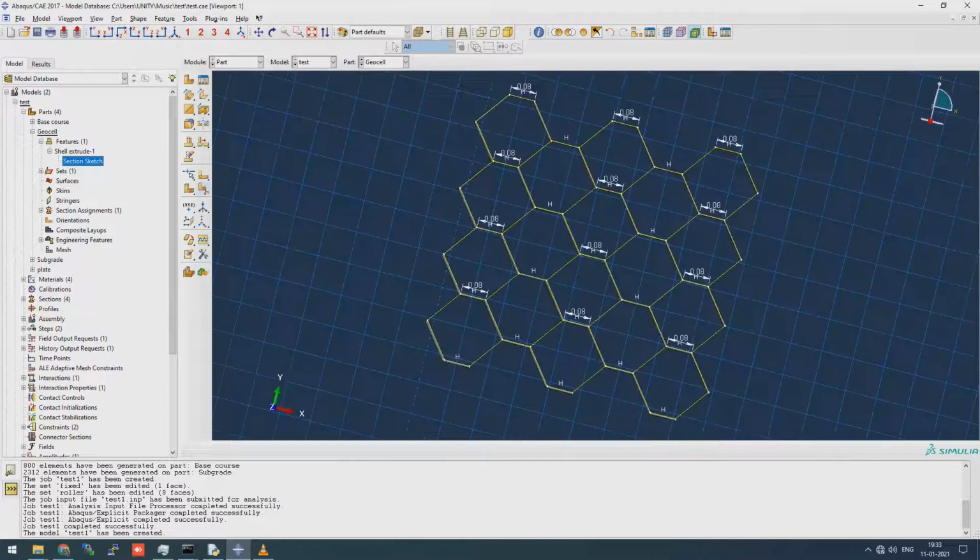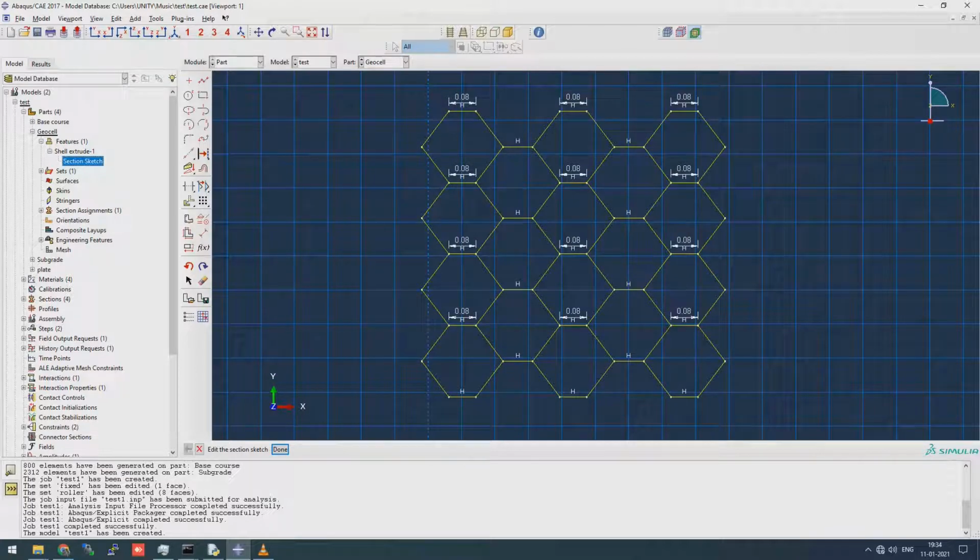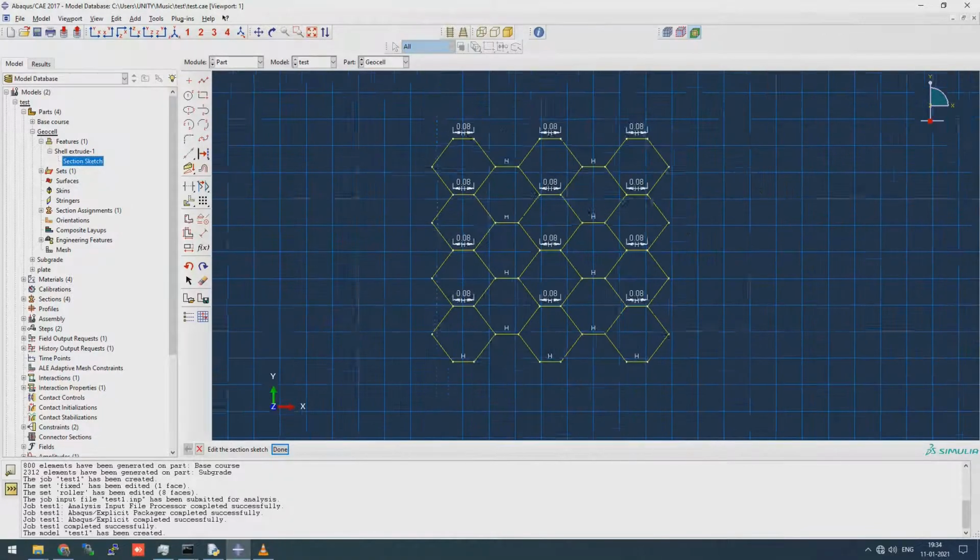Now we'll move on to the complex one, geocell, that is the hardest. To model a geocell, we have to create a mesh. Generally there is a sinusoidal pattern which people follow. That is very hard to create in geometry and move into Abaqus. So I am going to show you the hexagonal pattern. This hexagonal pattern can be created, and then we can just copy and paste it to create a web of this pattern, to represent a geocell which is cut from the sides. So this will represent our geocell.